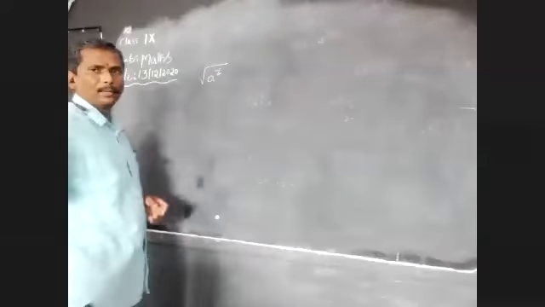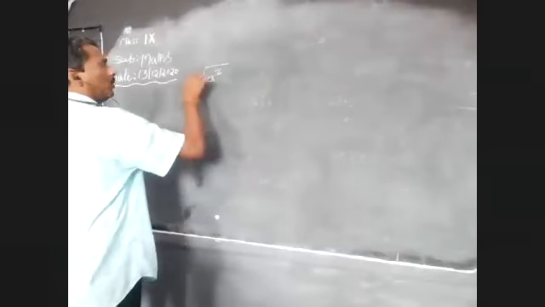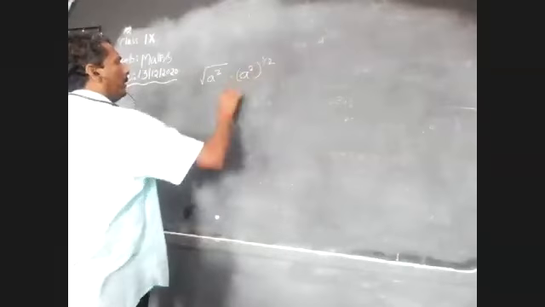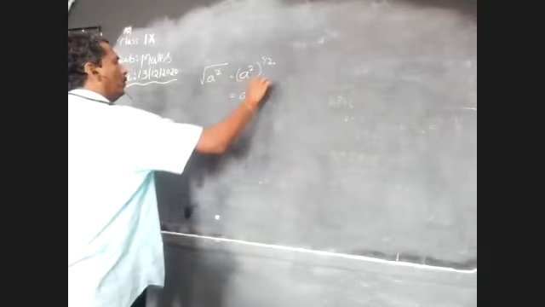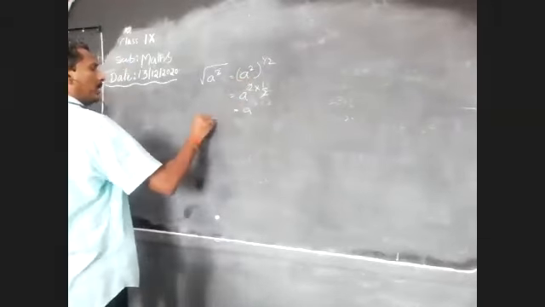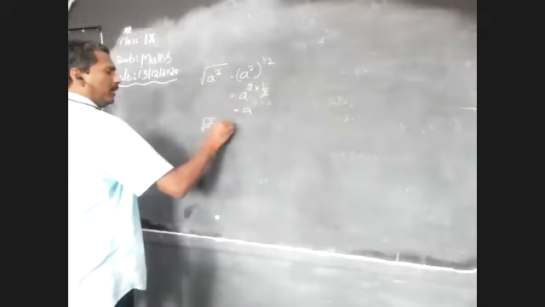So same way, next we are taking suppose root of A square is there. Root of A square. Square root means power 1 by 2. That is A square whole to the power of 1 by 2. So that is A square whole to the power of 1 by 2 into 2, that is cancelled. That is A. Means square root of A square is A.